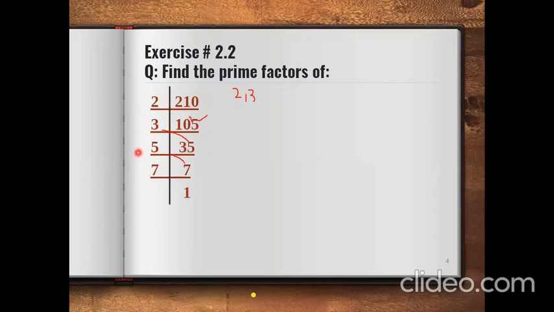As you can see, these are the prime numbers 2, 3, 5, and 7, and they are used in increasing order. So these are the factors that are going to be multiplied so that your answer will be 210. So at the end, you will write the prime factors of 210 is equal to 2 multiplied by 3 multiplied by 5 multiplied by 7. It means you will multiply all these factors, so you will get this factorization. Okay, so these are the factors and this is the factorization.